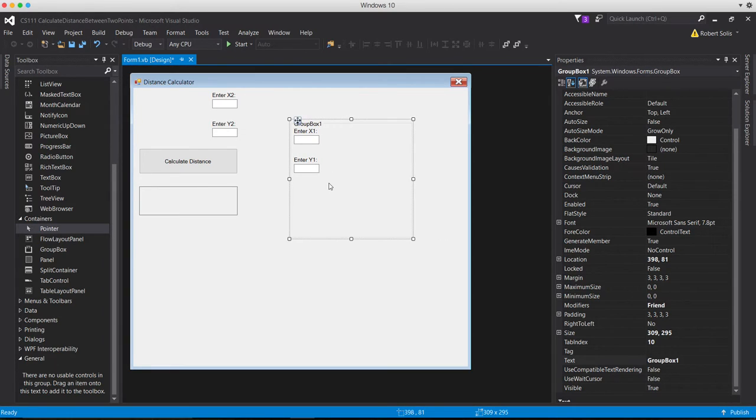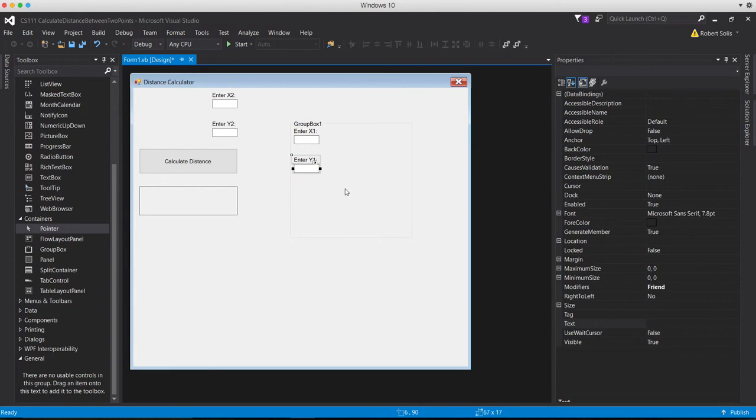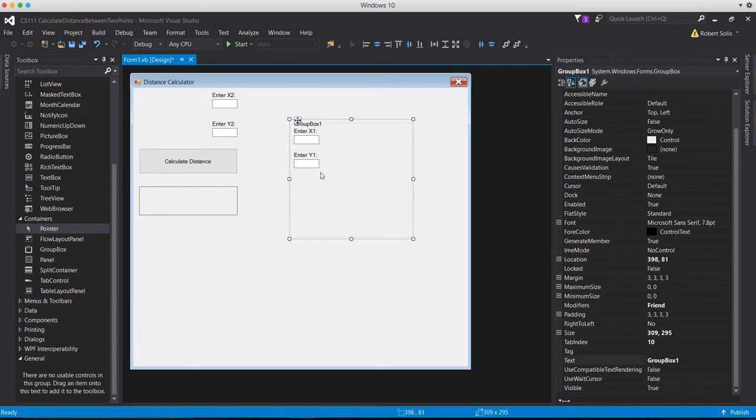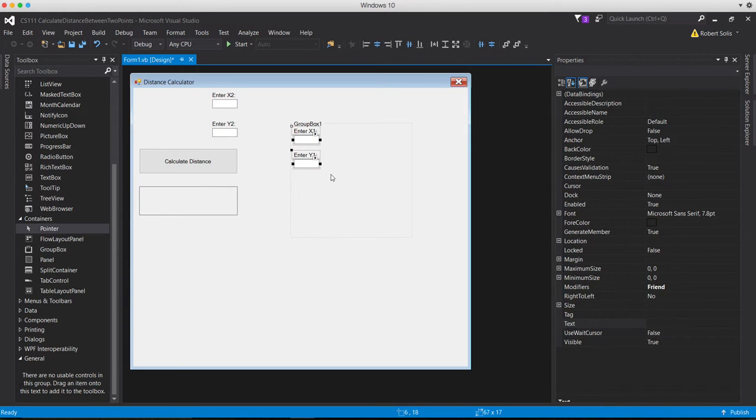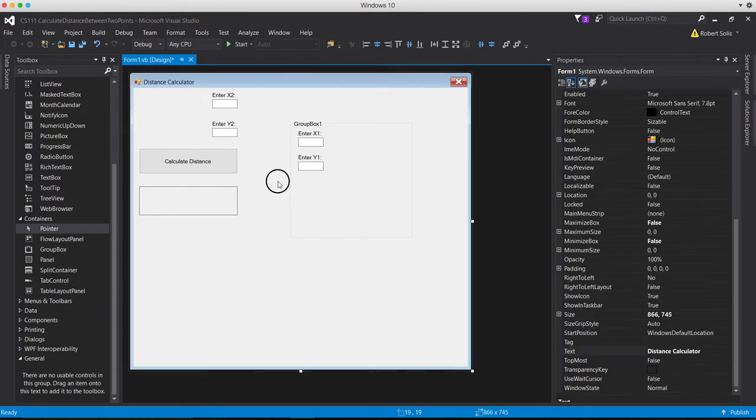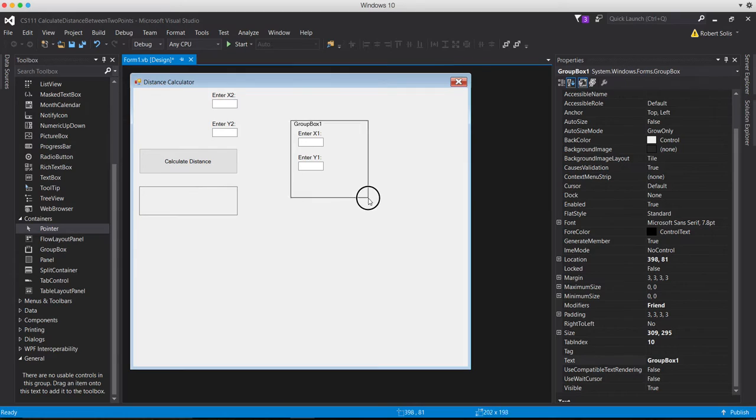It looks a little sloppy to me. Let me take this guy and this guy over here. I'm going to use the arrows on my keyboard, maybe make this a little bit closer. I don't think both of those have to be so close to the upper left-hand corner. So let me select these by holding down the Shift button, and I'll simply use the arrows to move them to a different location. That looks good right there. And I'll just take this over here and close that group box. Take this group box, move it back over here